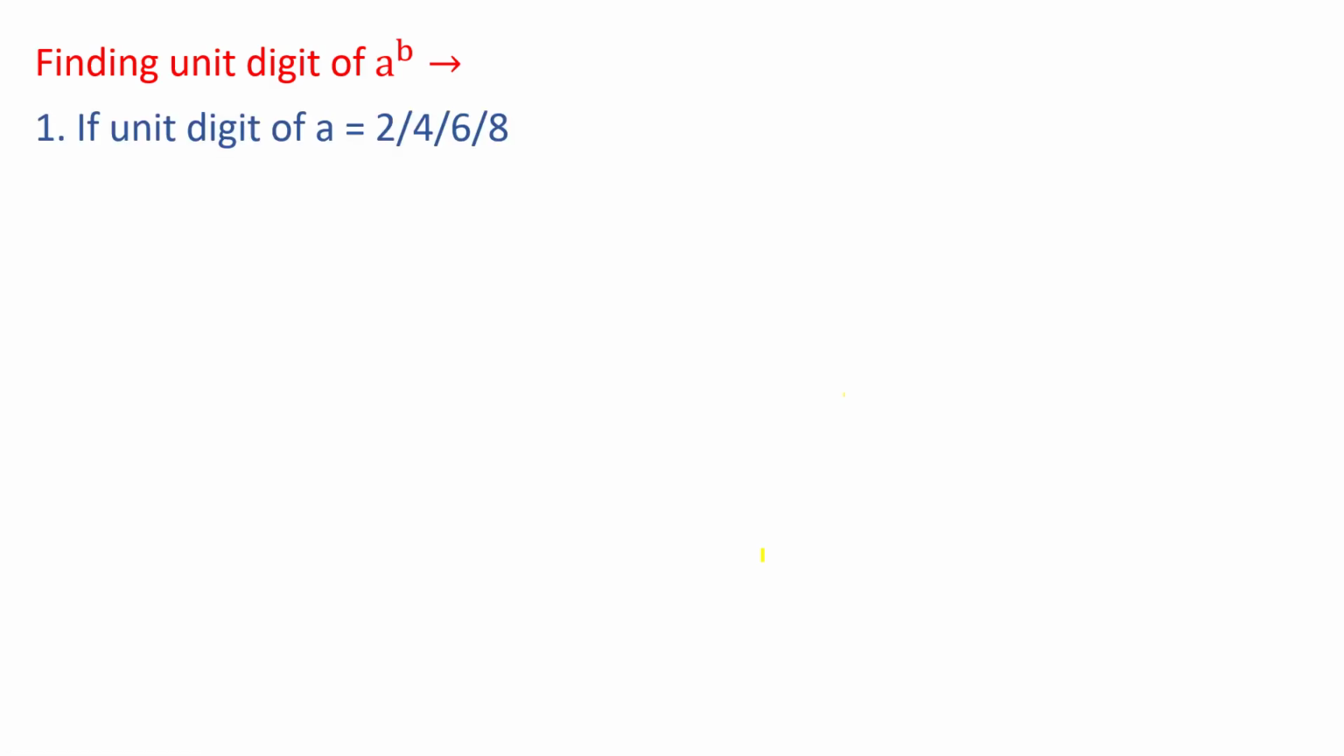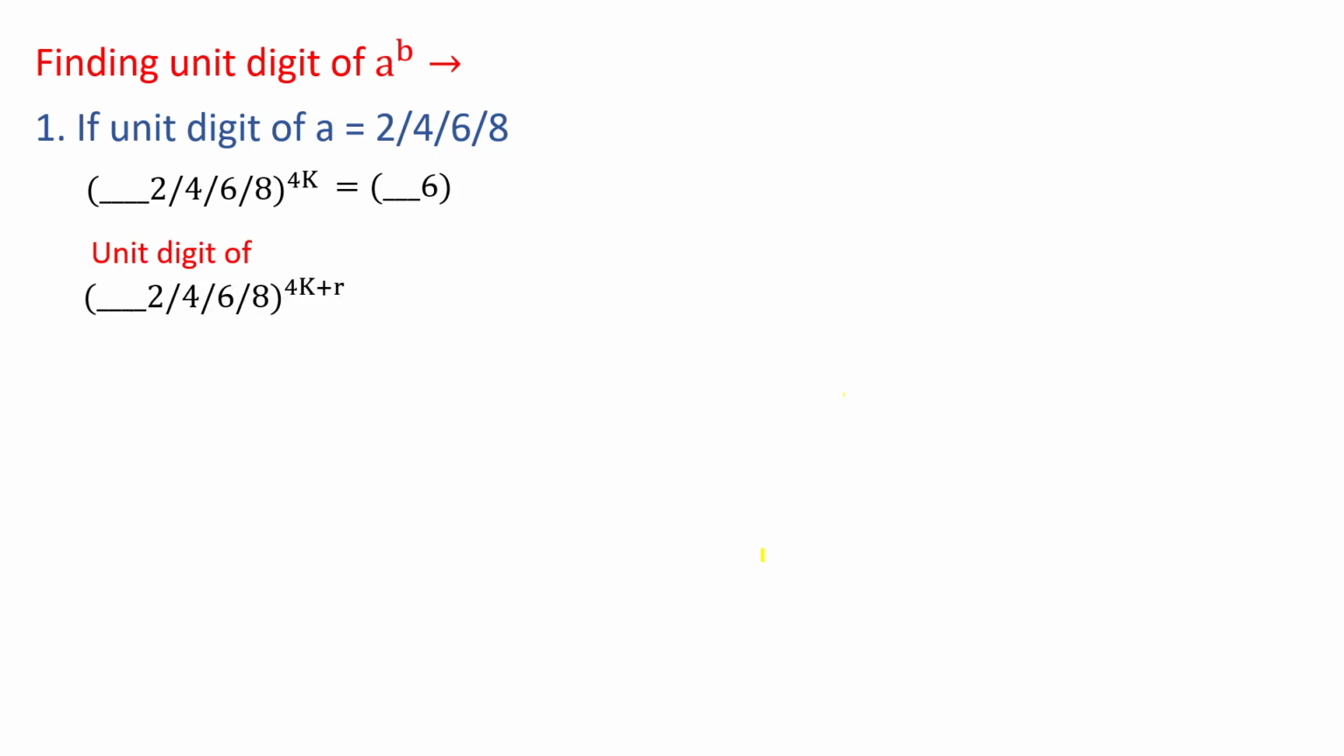So over here the first rule is if unit digit of a is 2 or 4 or 6 or 8 to the power multiple of 4 always ends with 6. If unit digit of a number is 2 or 4 or 6 or 8 to the power multiple of 4 always ends with 6. And we can also say that the unit digit of a number which ends with 2 or 4 or 6 or 8 to the power 4k plus r,